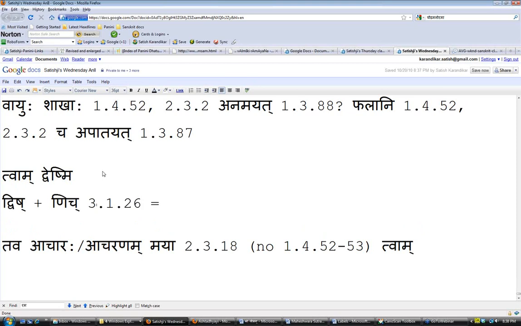So that should be straightforward, Dveshi. We only use the 7386. Okay. So Twam, now you want to get the lat lakaraha pratham ekvachan rupam, right? So dveshayati, right? Let's try that.